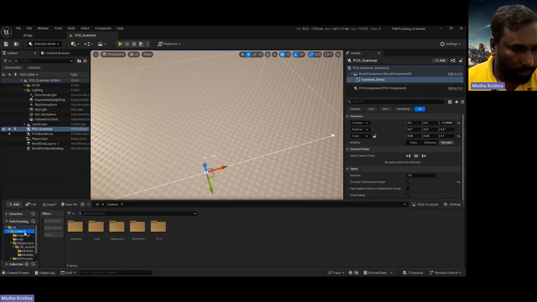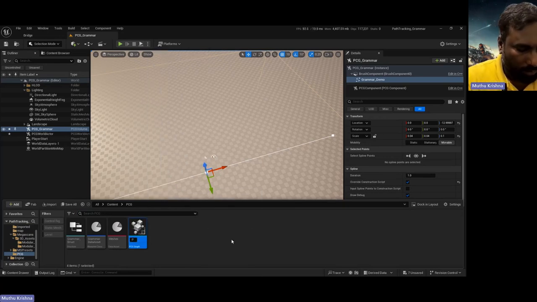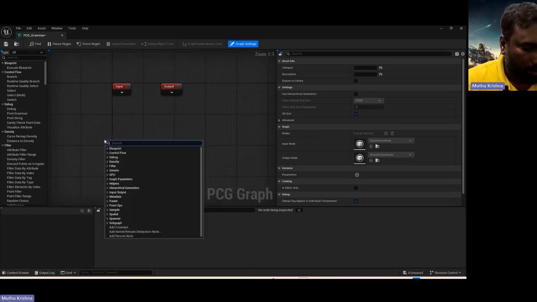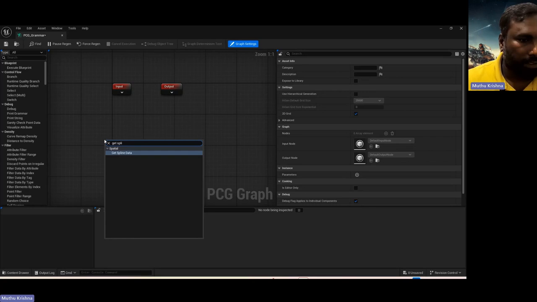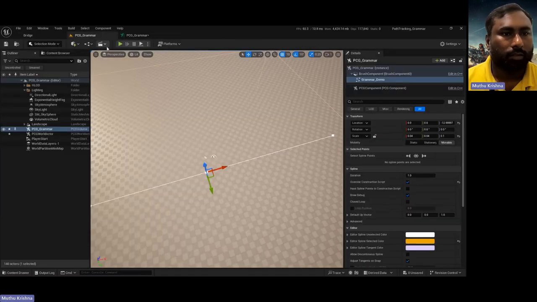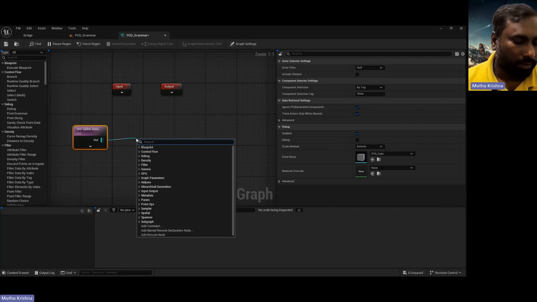Now we shall just go and create a PCG graph. So we'll create like PCG grammar. Yes, and the first thing first, get actor data. So we have the spline as a component for this PCG, right? So there is no need to reference it. So it's self, and we need to